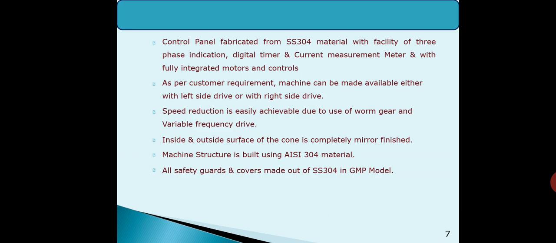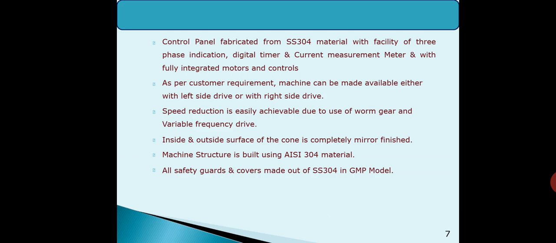A control panel is also fabricated, so a digital timer, current measurement meter and phase indication can all be achieved in the double cone blender. As per customer requirement, the machine can be made available with either left side drive or right side drive. So it is useful for all persons.